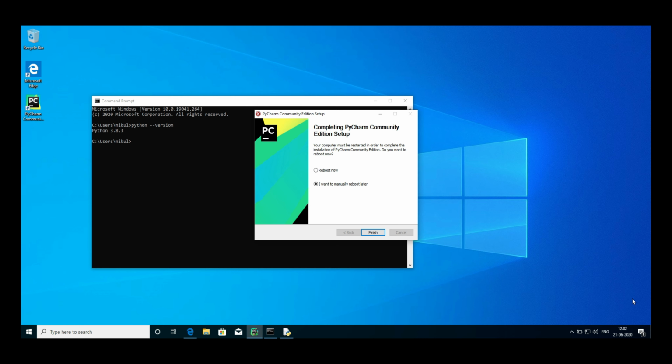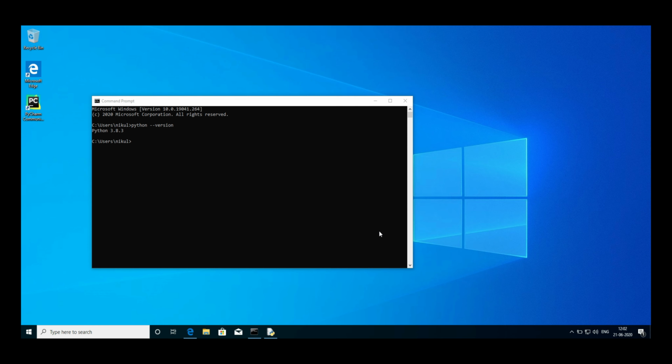I'll do the reboot later, but I would advise you to reboot. Click on reboot now and click on finish. But for the time being, I'll select I want to manually reboot later, and click on finish. Alright, so my PyCharm is installed, and if you remember, we had run a small code